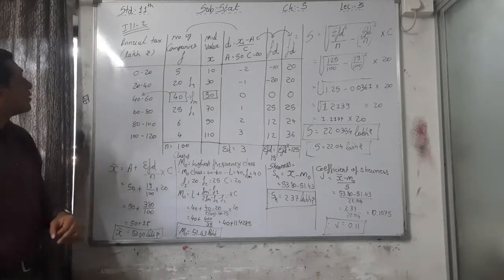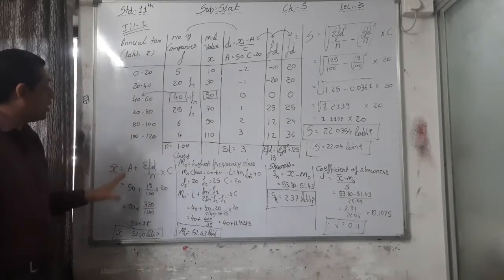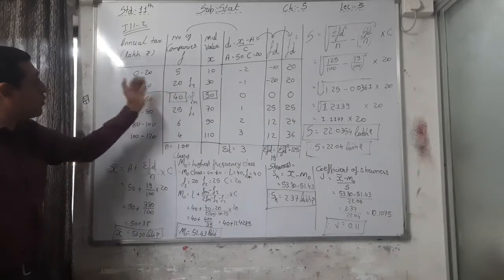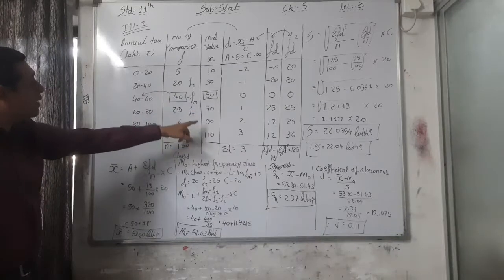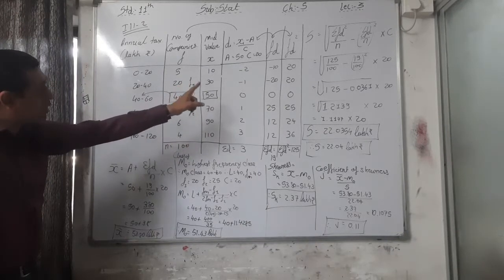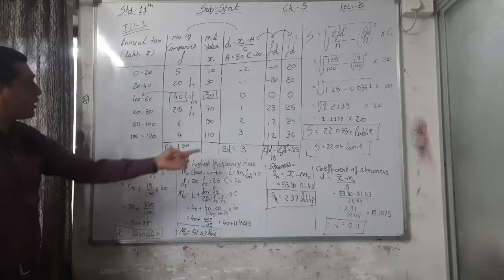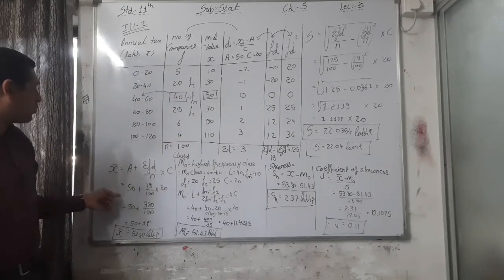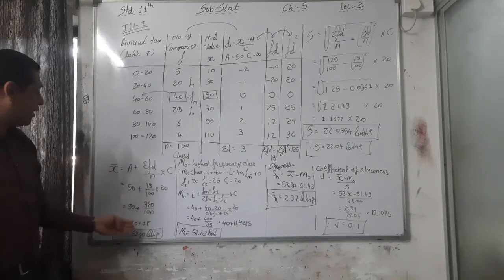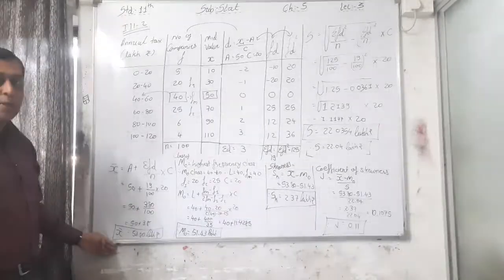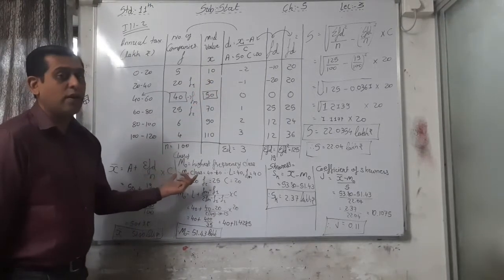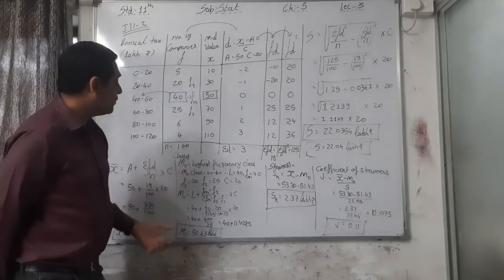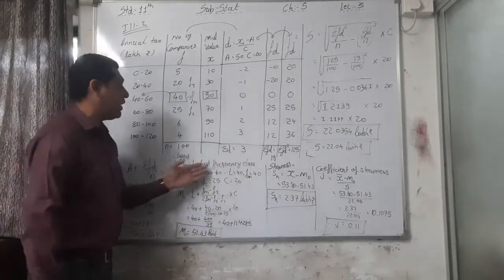Okay, so now see here, first of all find out the mean. For that we have to find out the mid value, because the class is given, x is not given. Find out the mid value, then the shortcut method d_i, then the multiplication of f and d, and find sigma fd. Then x bar is equal to a plus sigma fd upon n, and the value is 53.80. Then fd square. But here first of all we have to find out the mode. What is the mode? Mode class is equal to the highest frequency class.